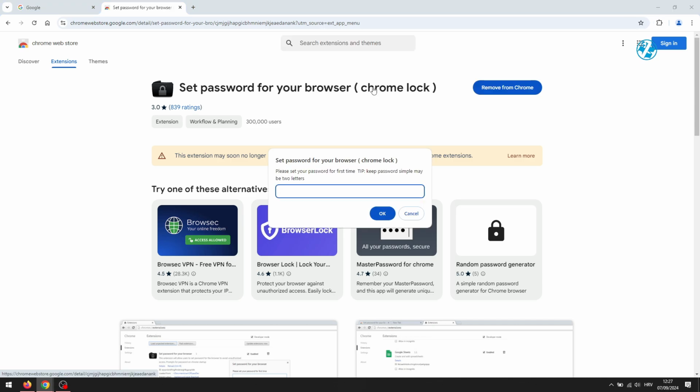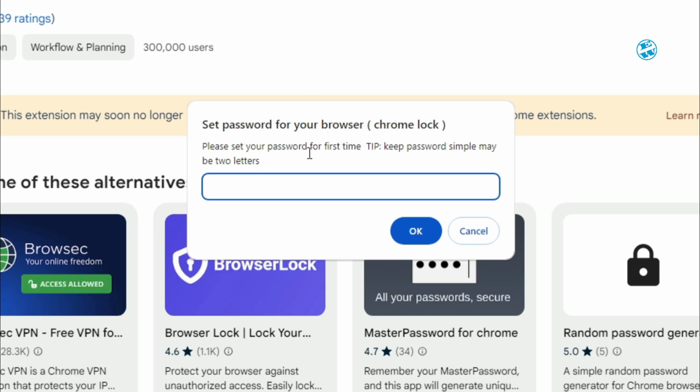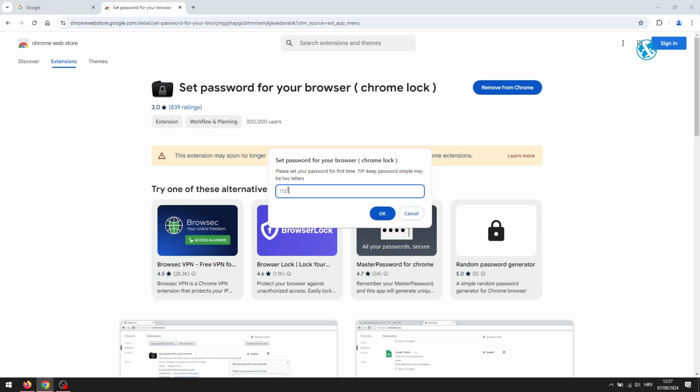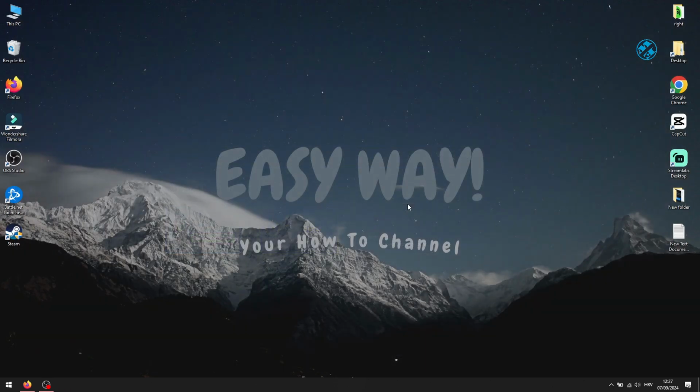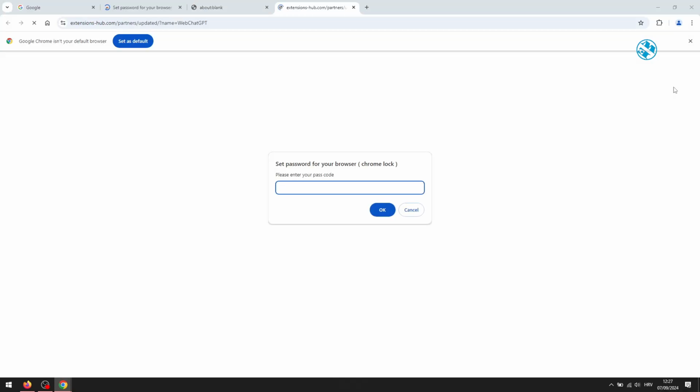As soon as extension is installed, you will get this pop-up window asking you to enter password. After entering desired password, click on OK and OK again. Your Google Chrome will close, and when you launch it again, it will ask you to enter password to continue